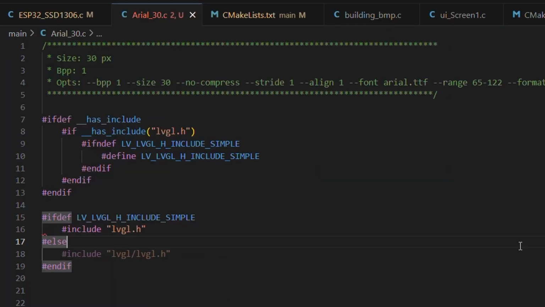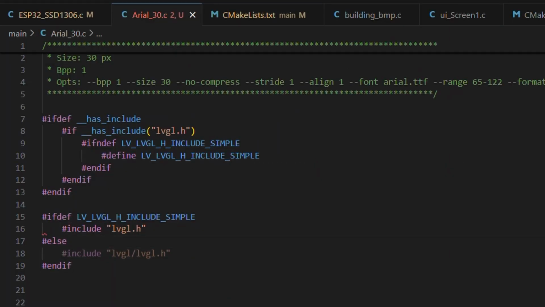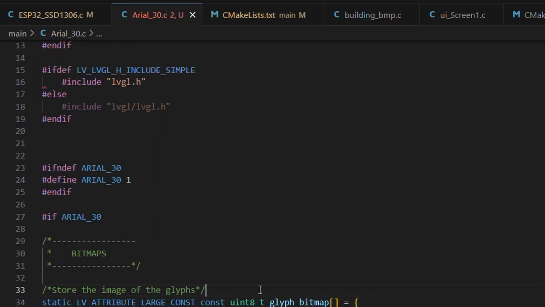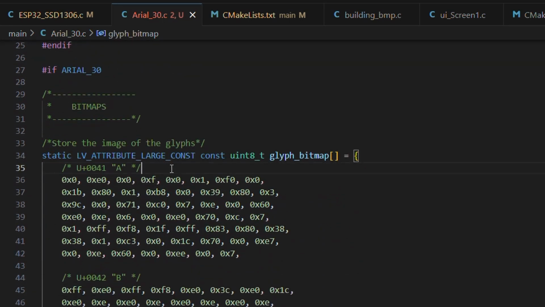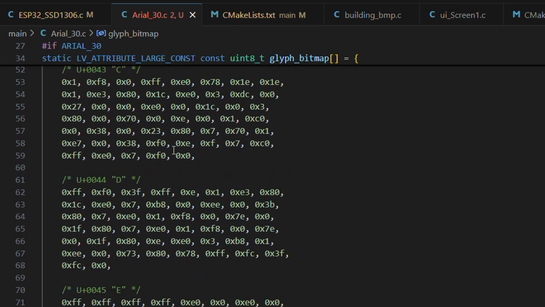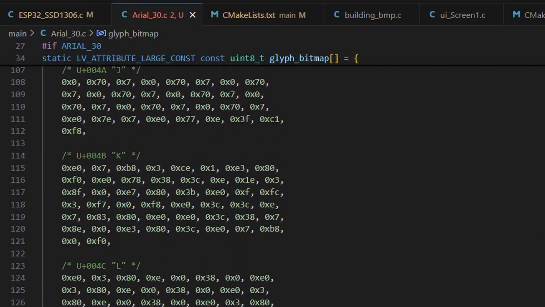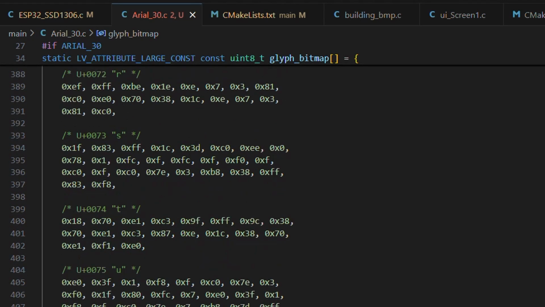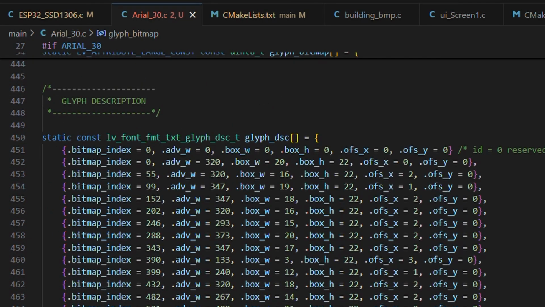Here you can clearly see the bitmaps of character outlines or glyphs for each character we included in the range while creating this source file. So we have got capital A to capital Z, lowercase a to lowercase z, plus a few extra symbols.